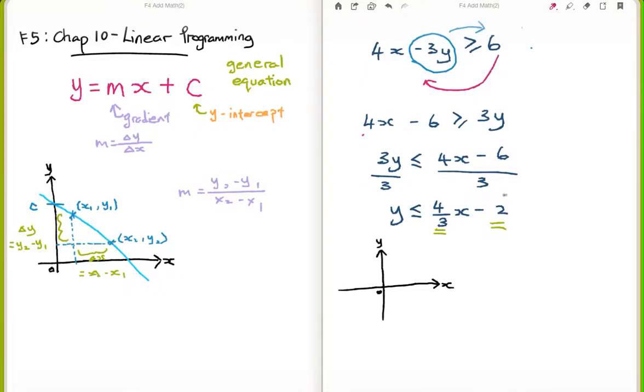It appears to be negative 2. Negative 2 will be going down. It's a negative value, so it will be here, negative 2. You don't need to scale it because the answer is to sketch. It's not on graph paper. So next, what you do is